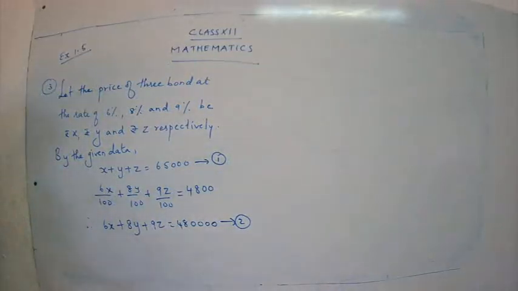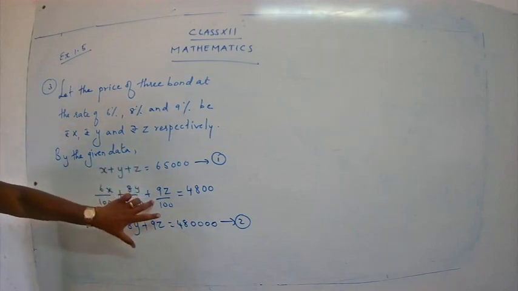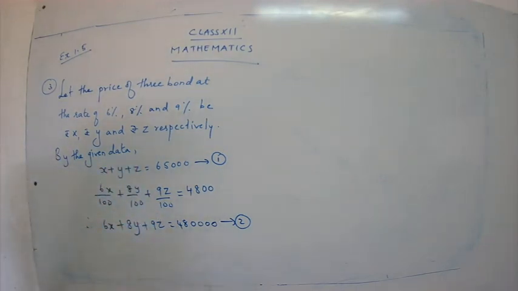Now we have to find out one more condition so that we can apply the Gaussian elimination method and get the value for unknowns. The income from the third bond. Okay, what is the income from the third bond? Yes, it's 9z upon 100. This is the income from X bond, this is the income from Y bond, and this is the income from Z bond. So now the statement is the income from the third bond is rupees 600 more. So income from the third bond is 600 more. That is, you're going to get how many rupees extra? You're going to get rupees 600 extra than that from the second bond.